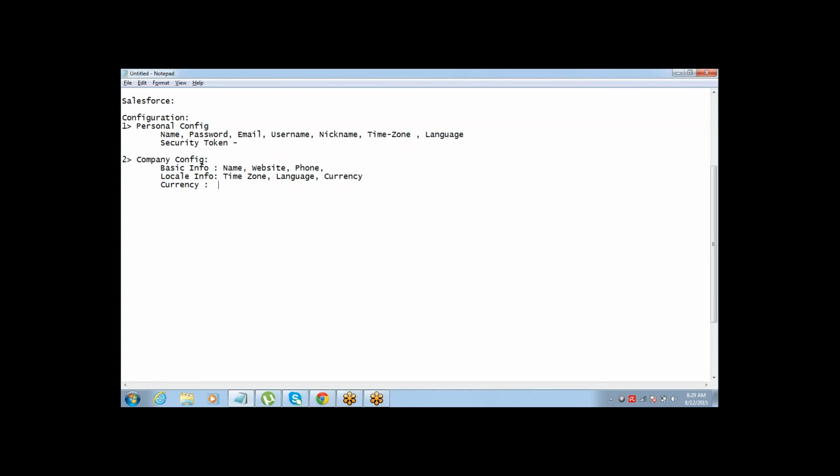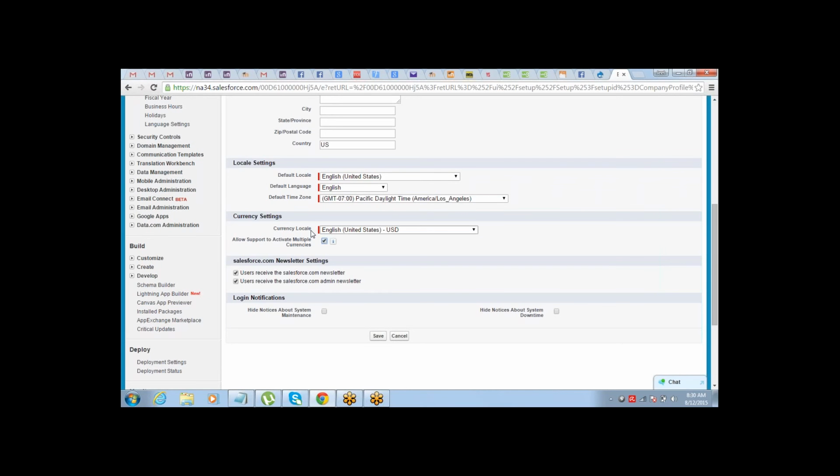So if you are entering a certain amount, let's say 80,000, Salesforce will ask you, just before the field where you put the amount, there will be a drop down which shows all the currencies. If it's USD, INR and Euros, then you will have the option of selecting which currency that amount is in, right? So that's it. I'm just telling you about this because you might not see the multiple currencies option. You can just activate it and see if they actually allow you to have multiple currencies.